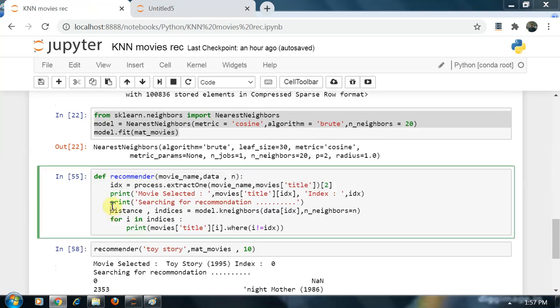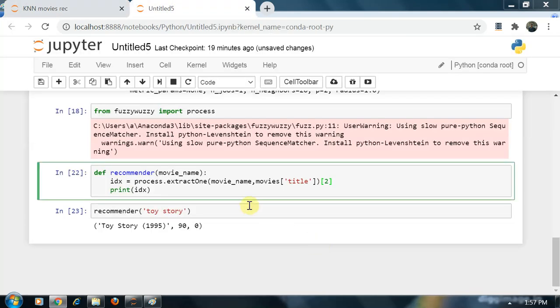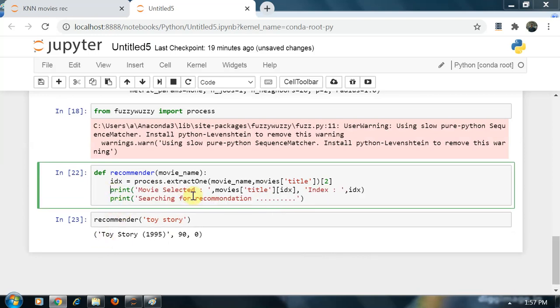Now look, we will print here movie selected. Which movie is selected? Movies, which is our data frame. Title: I want to retrieve the title of the movie at the given index.